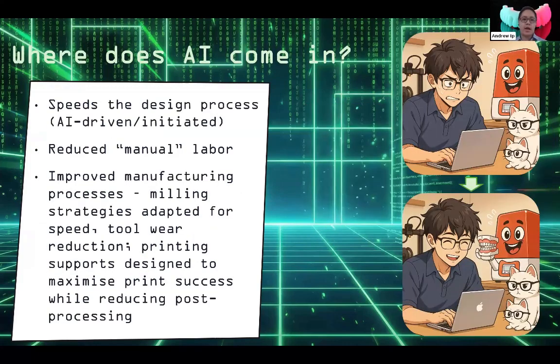So where does AI come in? I think it would be quite dangerous to completely rely on artificial intelligence, but currently I think AI is very helpful in speeding up the design process and essentially giving us a little bit of a shortcut, right? It essentially removes some of that manual labor